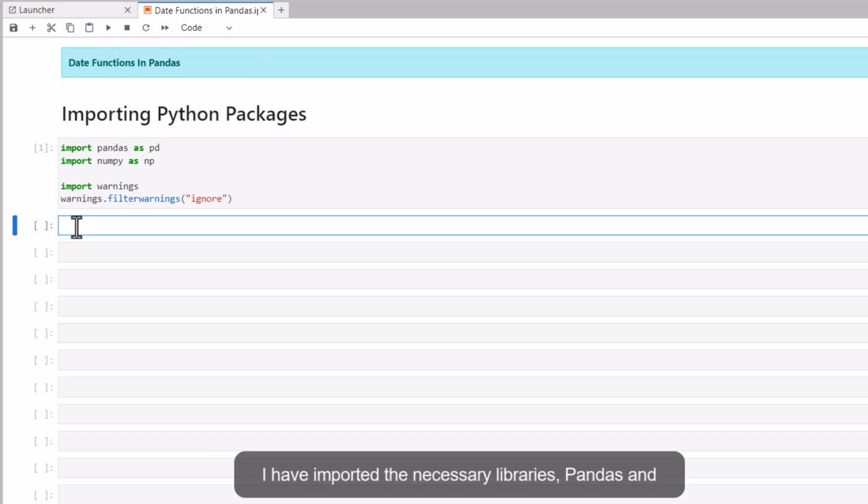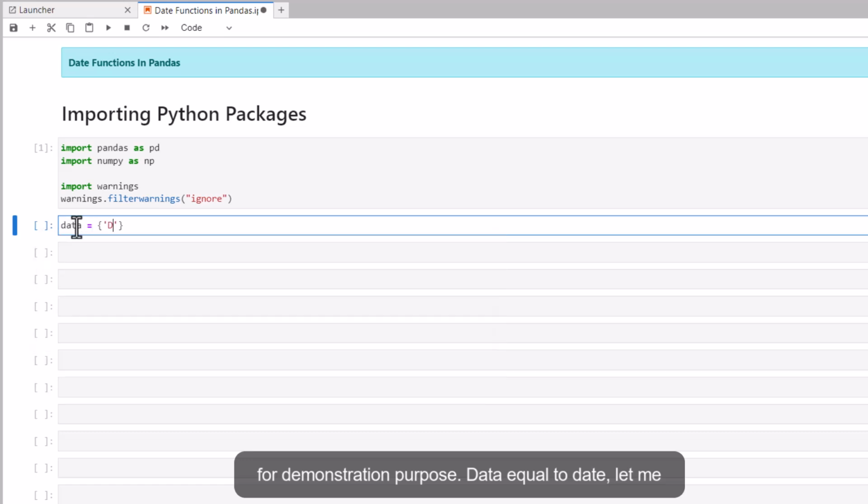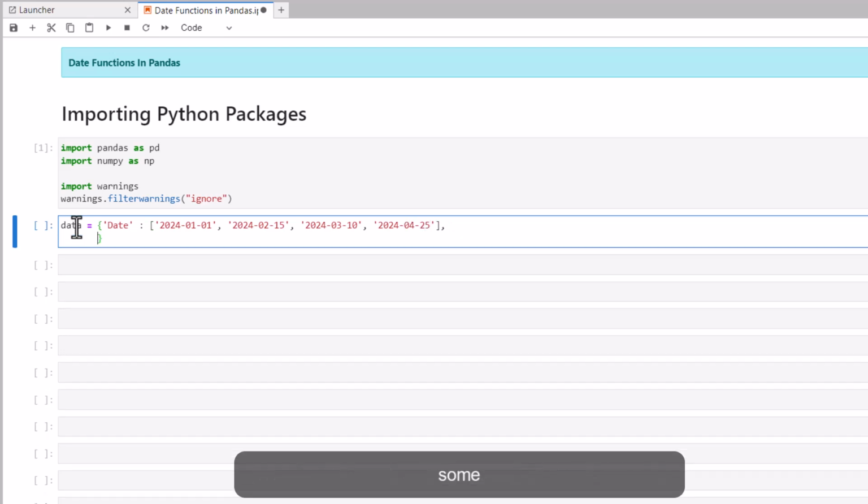I have imported the necessary libraries, pandas and numpy, for our task. And now let's create a data frame with some data for demonstration purposes. Data equal to date. Let me create a list: 2024-01-01, 2024-02-15, 2024-03-10, 2024-04-25,